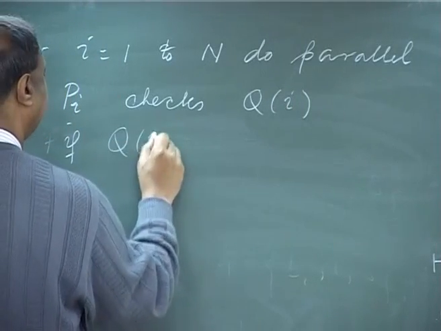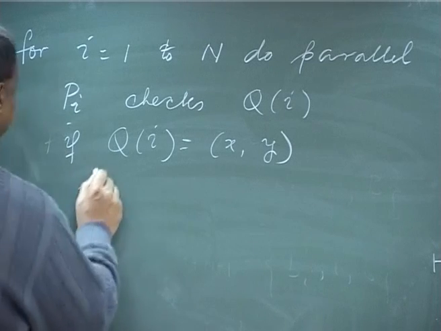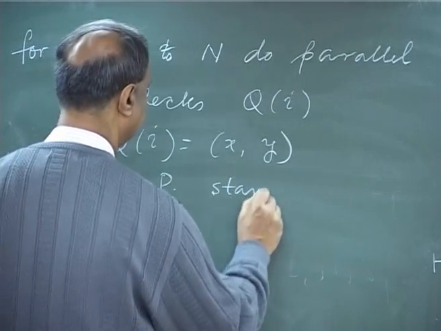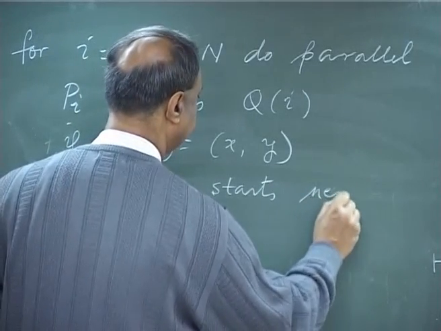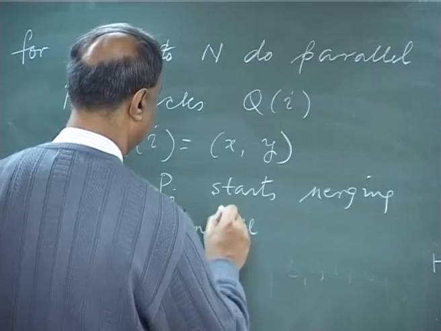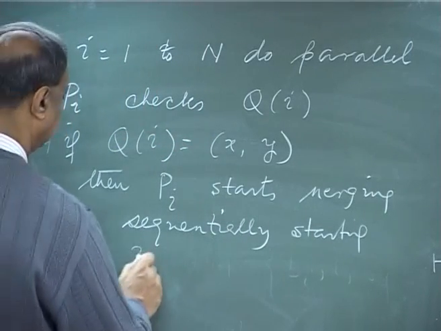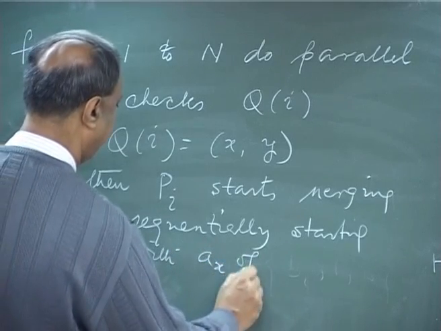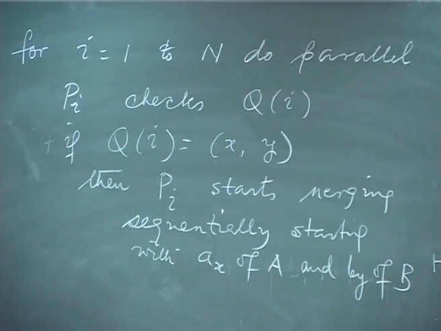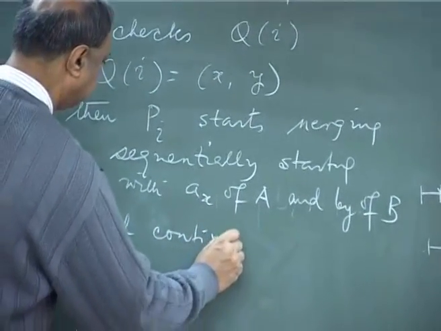If Qi is (x, y), then Pi starts merging sequentially, starting with Ax of A and By of B, and continues till either